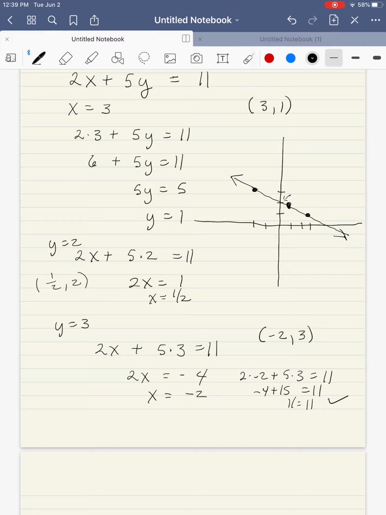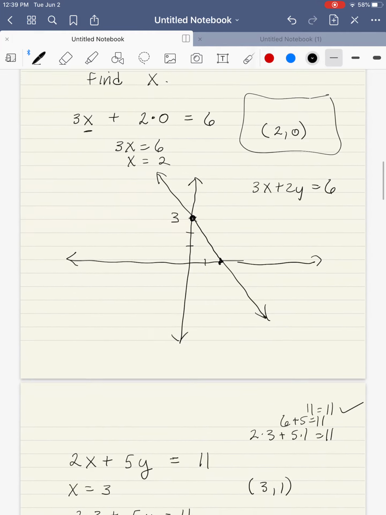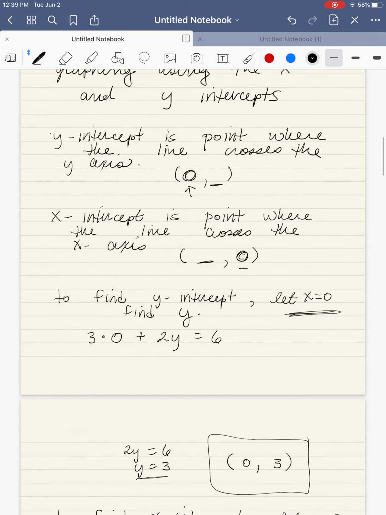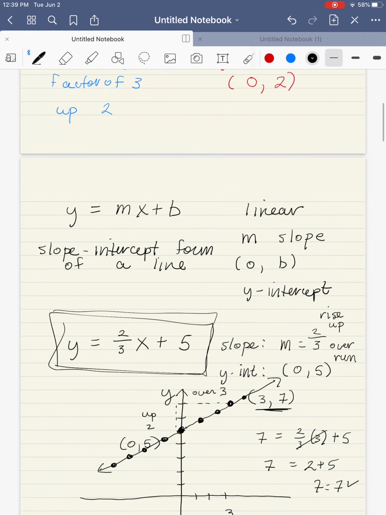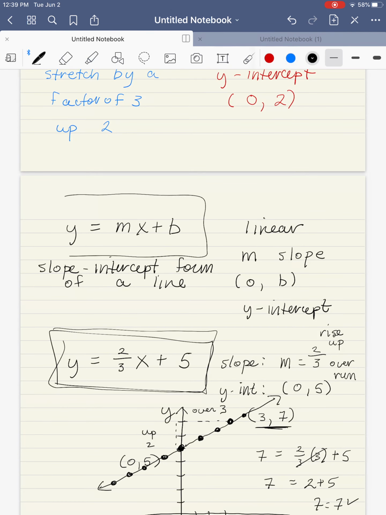In our next video, we're going to look at the concept of slope in more detail. The concept of slope of a line is a very, very important concept. So we're going to revisit this form of the line and talk a lot more about what does slope mean, how can we find slope, and then how can we use it to